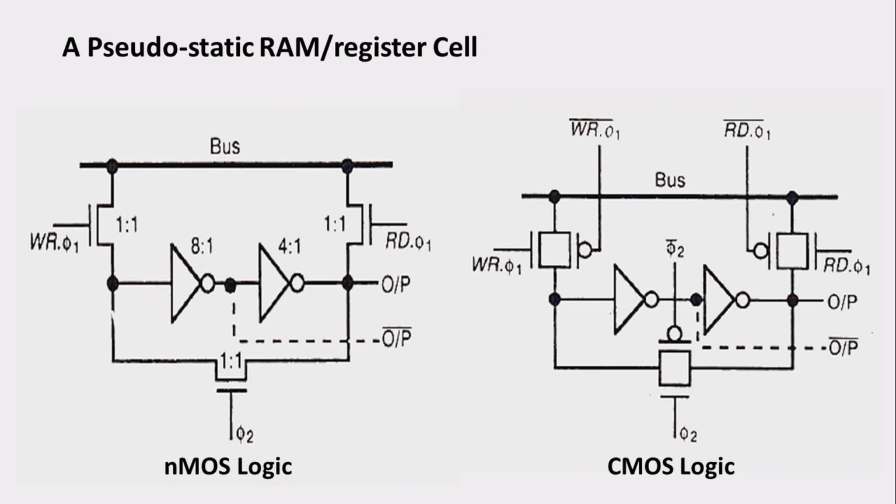This is one of the memory elements where it is going to store bits. One single bit can be stored in this particular circuit. So here you can observe both are the same circuit. This particular circuit is based on NMOS logic, and this one is in terms of CMOS logic. The only difference is here we are using an NMOS transistor as a pass transistor, and here we are using a transmission gate. Since we are using both PMOS and NMOS, this can be called CMOS logic as well.